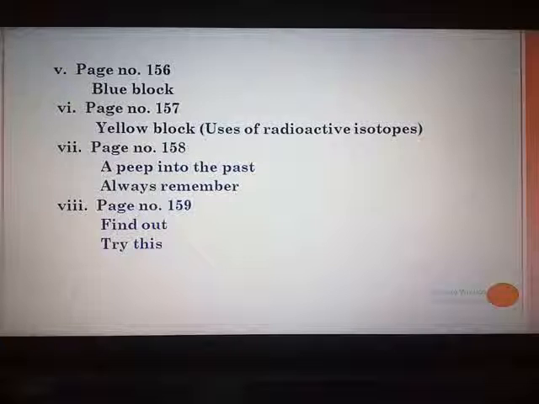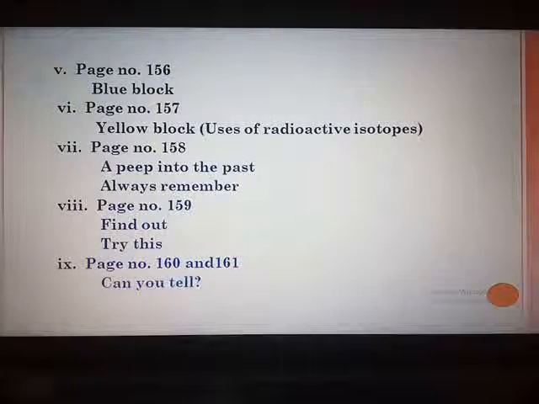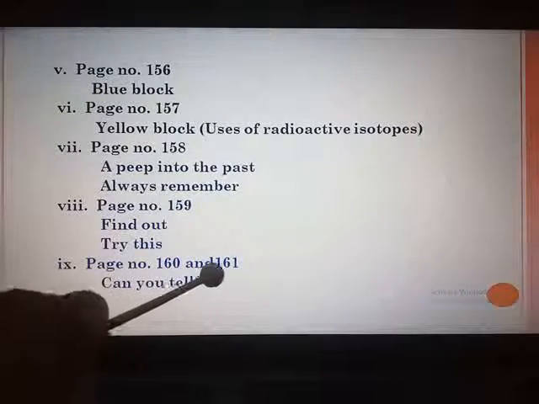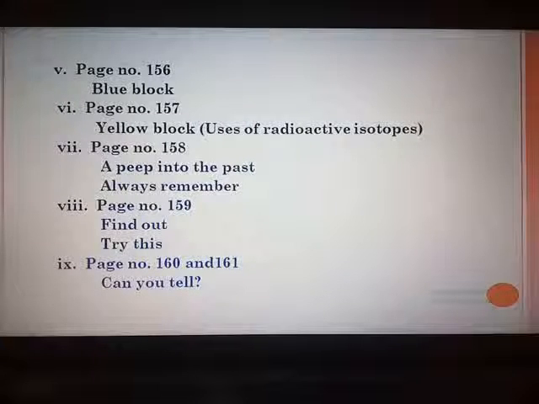Page number 160, above that blue colored block you have can you tell. Remove that. What is the property of Teflon, because of which it is used in non-stick ware? Remove that activity. Blue block, properties and uses you have to study, so don't get confused. Only that small 2 lines activity can you tell you have to remove. And on page number 161, a small blue colored block is there. This is how ceramic article is made. That block you have to cancel. Remaining all the things you have to study on that page.